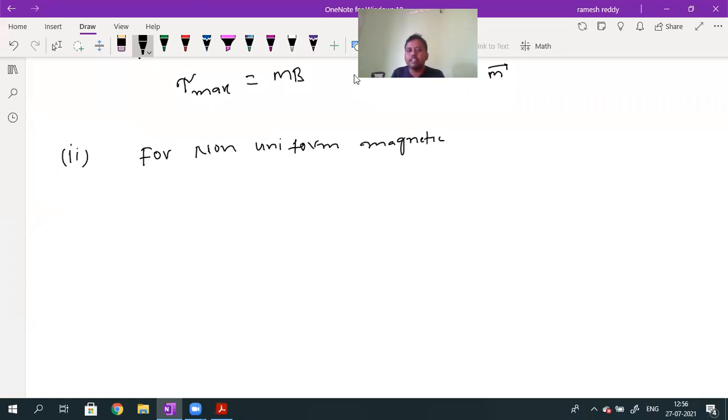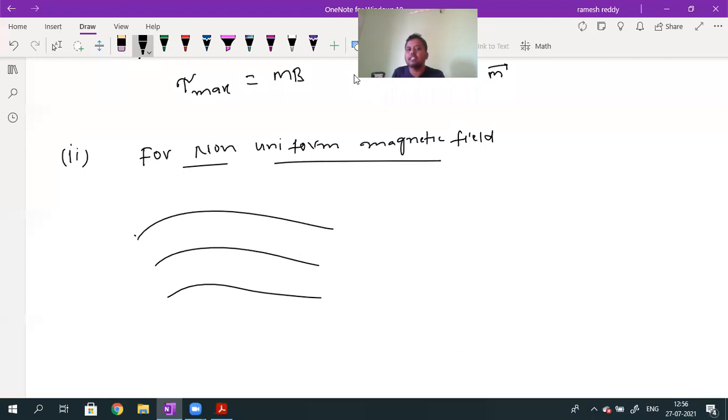non-uniform magnetic field. How can we represent the non-uniform magnetic field? The field lines are curved lines. At each and every point, is the magnetic field induction value the same or not the same? Now the bar magnet is placed in this non-uniform magnetic field. If I call this the north pole and this the south pole,